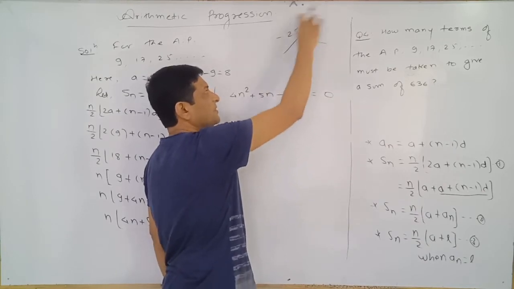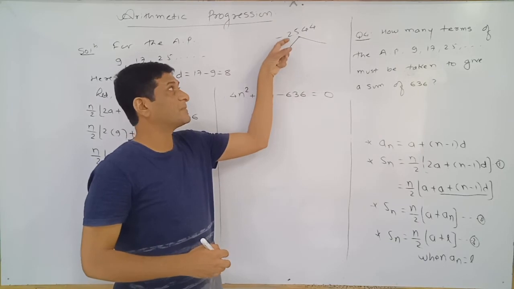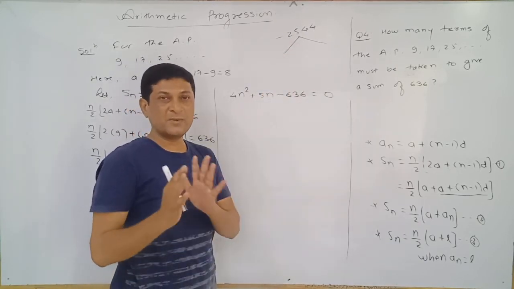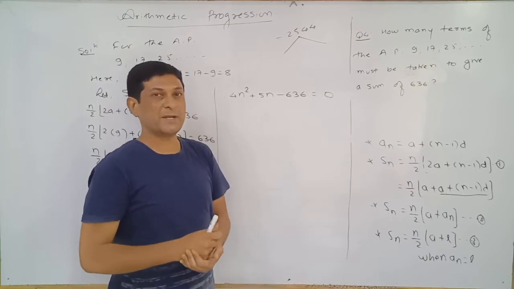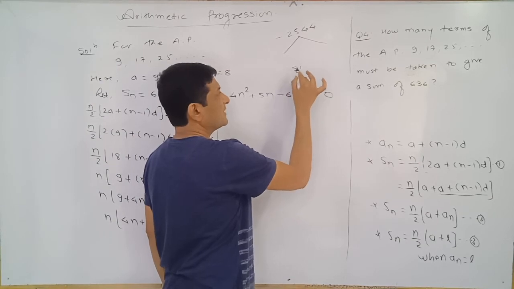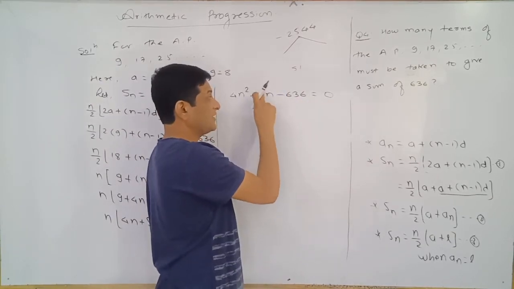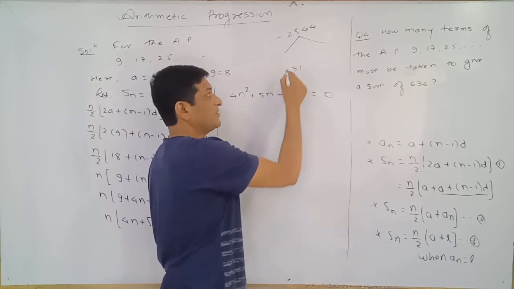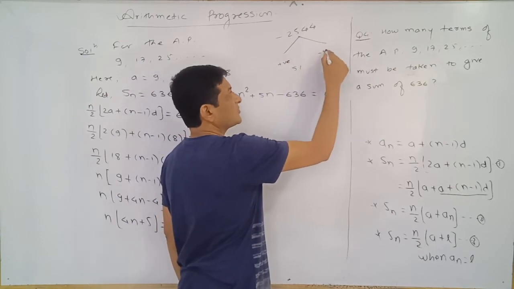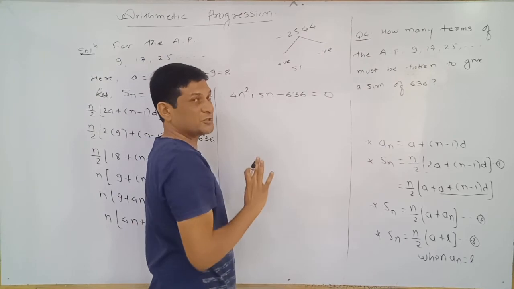If you observe this number, just by observation we can say that it is greater than 50 square. So our factors are going to be around 50. So if we consider one factor as say 51, then definitely the other factor will be less by 5, because their sum should be equal to 5. If one number is positive, then definitely the other factor should be negative. Their sum should be equal to plus 5, so the positive number should be greater.